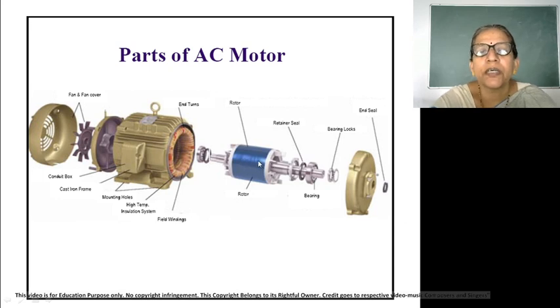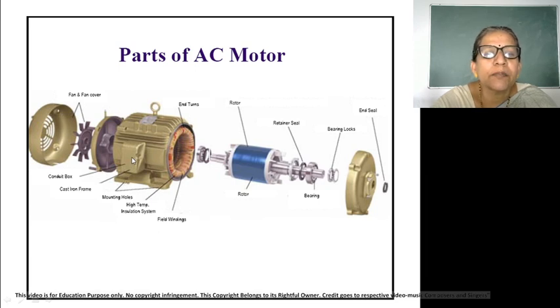This is the rotor. Then this is the stator, this is the lifting bolt. If you want to make the transportation of the machine, or if you want to pick and place the motor, with the help of this bolt you can place it in a different place. Then this will be the field winding. Then for high temperature you can provide these pins so that the heat transfer rate will be increased due to increase in surface area. Then these are the mounting holes through which the machine is fixed.